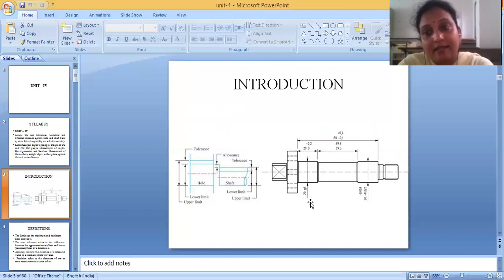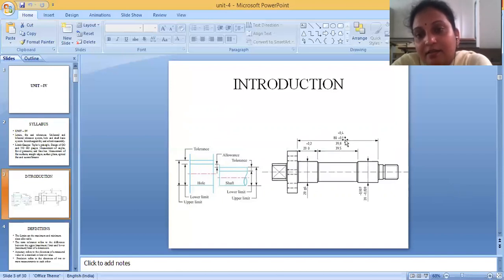It is not mandatory that it should always both increase and decrease. Sometimes you can permit it to increase its size and not decrease, and sometimes to decrease its size and not increase. If you are giving some permissible deviation, that is called limits. You will have two limits, upper limit and lower limit. Here plus 0.4 is called the upper limit and minus 0.1 is called the lower limit, and 80 is the basic dimension which you require.